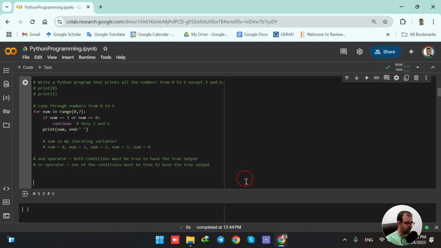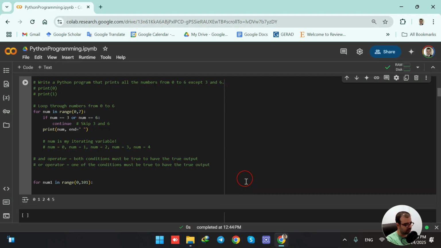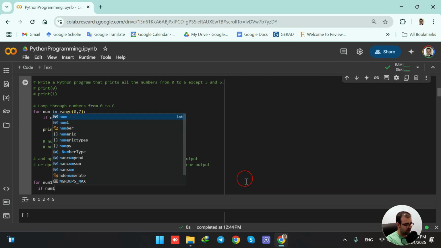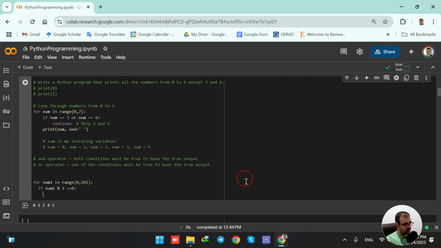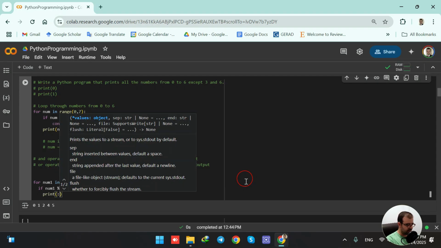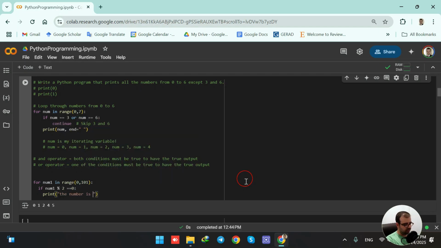And this can be true for many other situations. For example, we can have num1 in range, for example, between 0 and 101, let's say between 0 and 100 we want to investigate, but because the ending point is exclusive, I'm saying 0 and 101 colon. Then we check, for example, if num1 divided by 2 equals 0. In this situation, print, for example, the number is even,